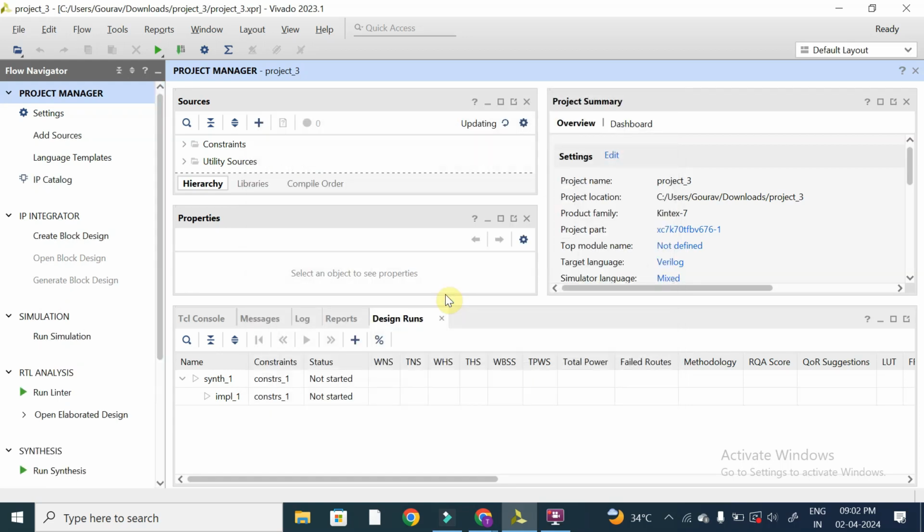T flip-flop and JK flip-flop using behavioral modeling, and we will discuss the test bench, how to write the test bench for this JK flip-flop and T flip-flop. So first we will start with our